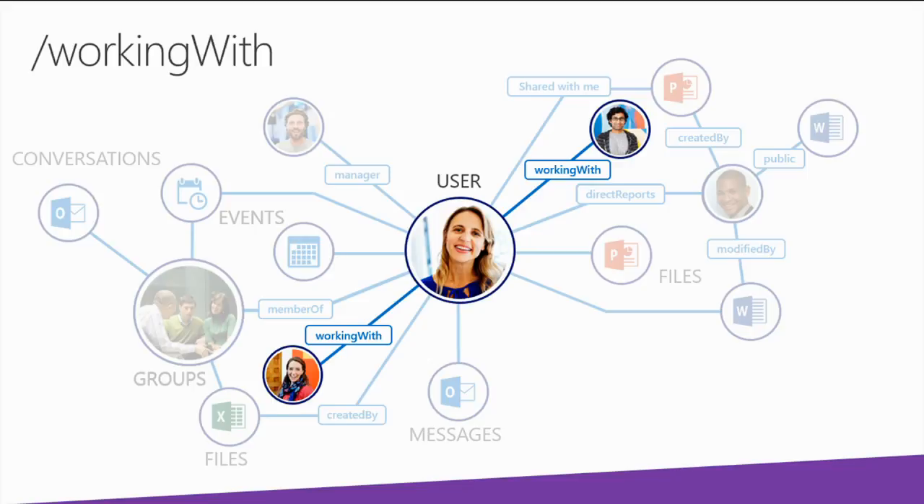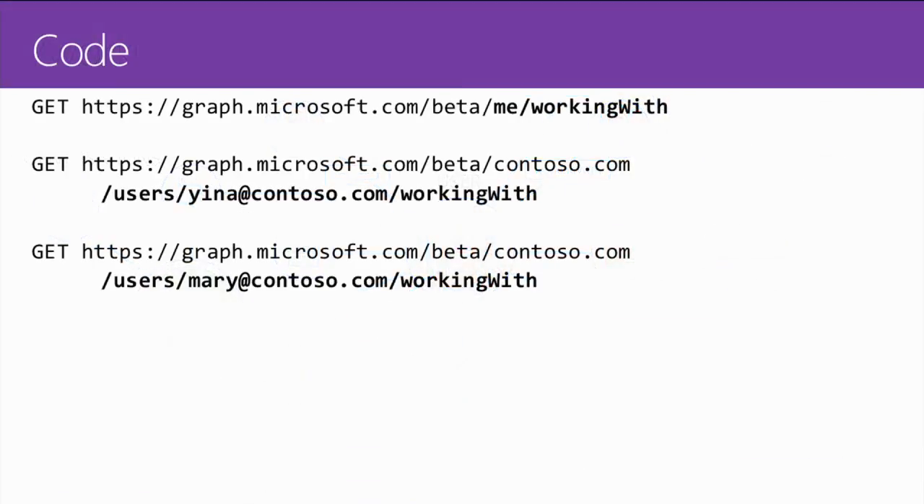Working with is a people-to-people relationship, and it's calculated based on people that you email frequently with. So it's based on the Exchange recipients cache. It's people that you co-author documents with, people that you're in meetings with. So people that are relevant to you that might not be part of your organizational structure. And not only do we have working with, here's the code on how we will access working with in a minute,